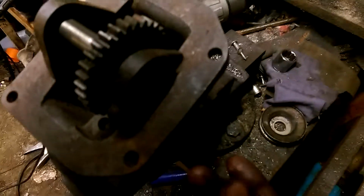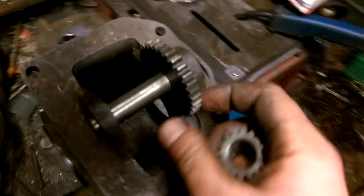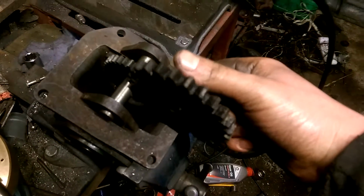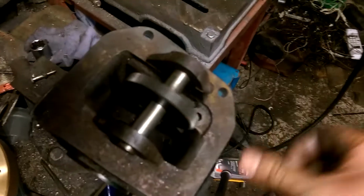The issue was driving them. I was going to mount them round this side, sort of behind the flywheel, but with the flywheel on there's just not enough space. So I thought about trying to use these 2 lugs here, which is where the original gear that drove the pump off the, I assume, gearbox or whatever it was mounted on, fitted. Happens to be exactly the right size for the bore of the bigger gear,